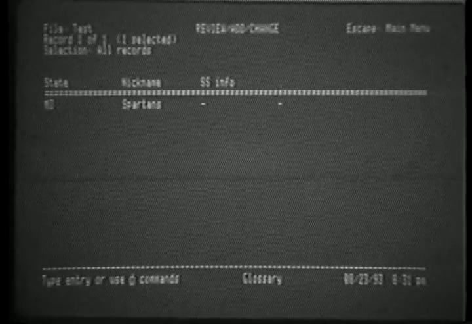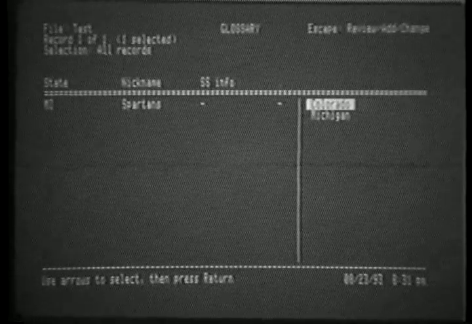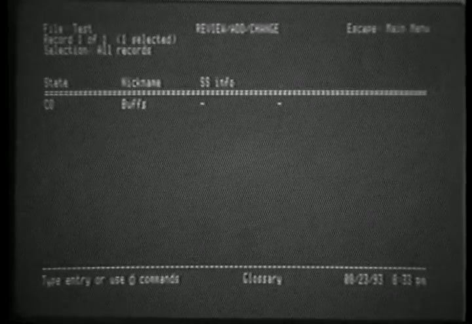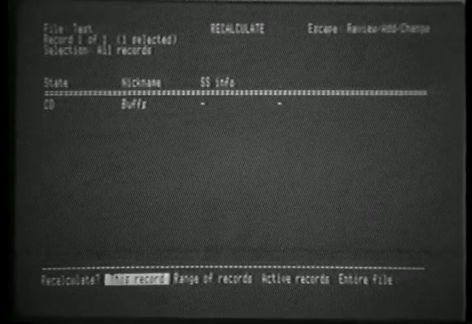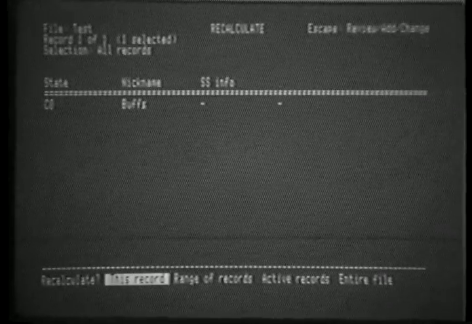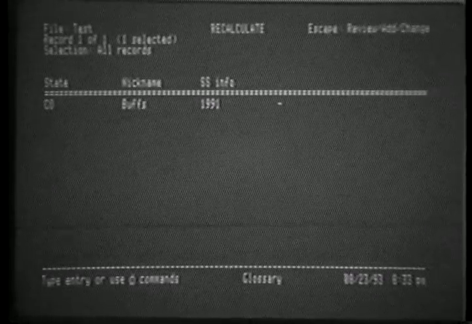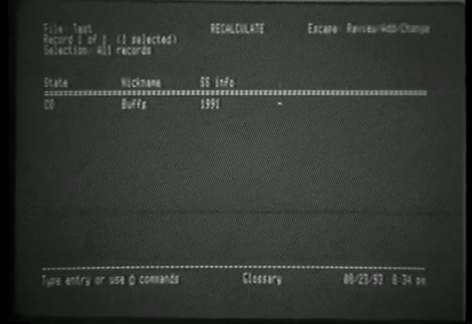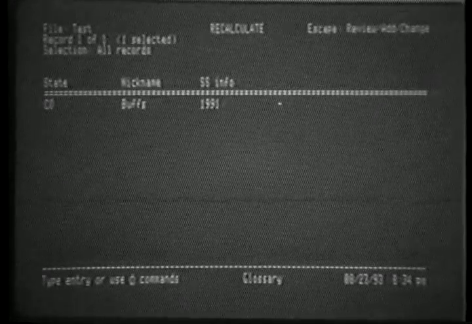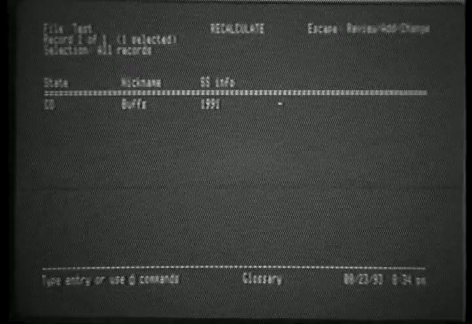Now we go back and redo our glossary. Let's select Colorado this time. Press return on Colorado. Press Open Apple K to cause the database to recalc. Brings in the missing information. You now see that based on the state of Colorado, we've imported nickname and SS info, which happens to be